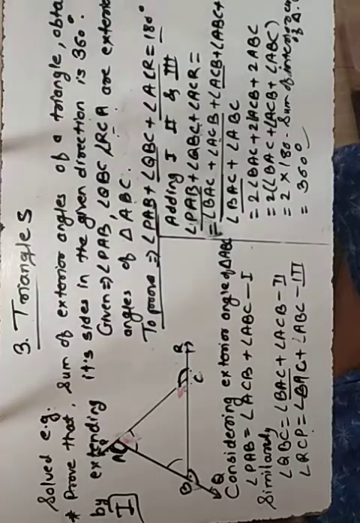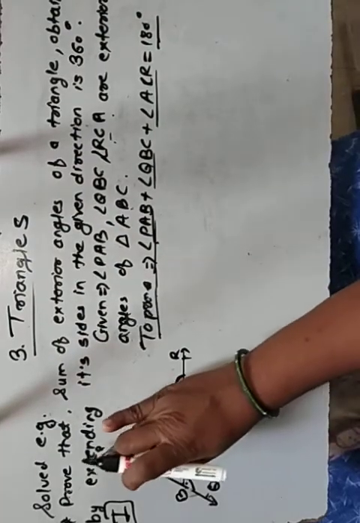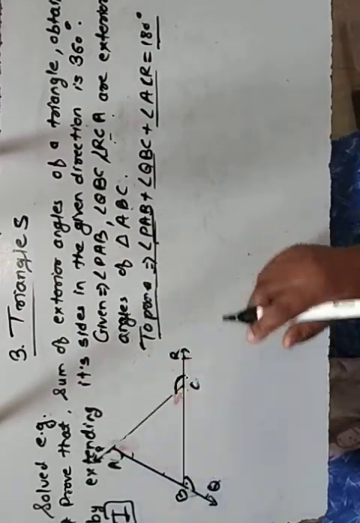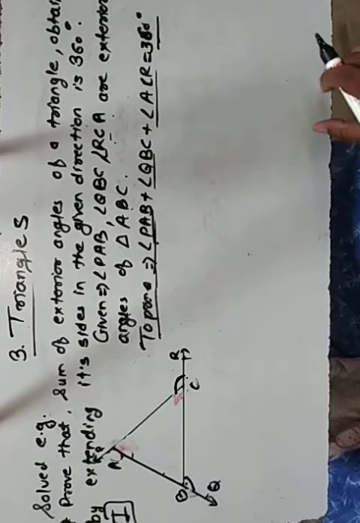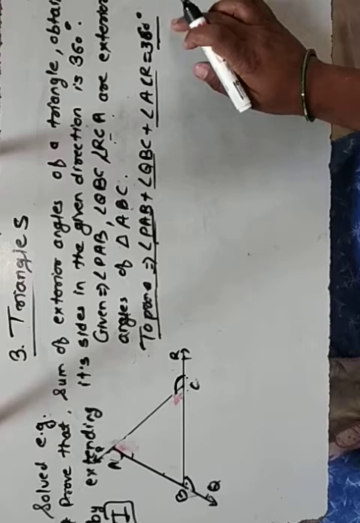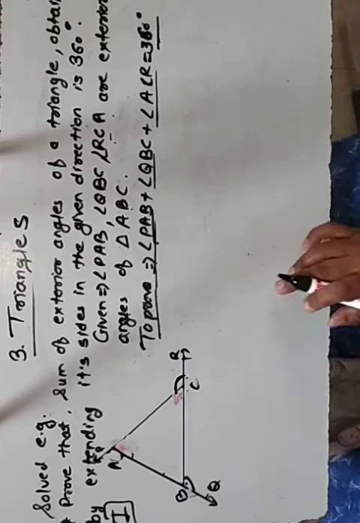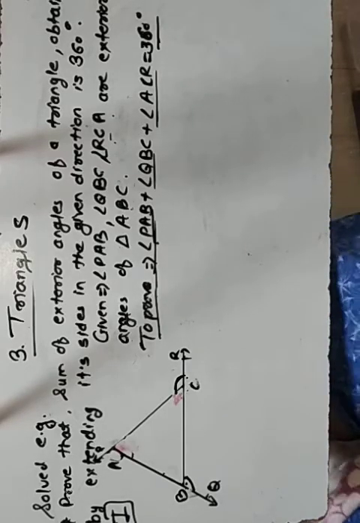Now we will see the other method. In the first theorem inside I had written something else here by mistake, but we proved it is 360 only. Here by mistake I had written it wrongly, so all of you please do the correction in it. Okay. Now in the second method we will see.